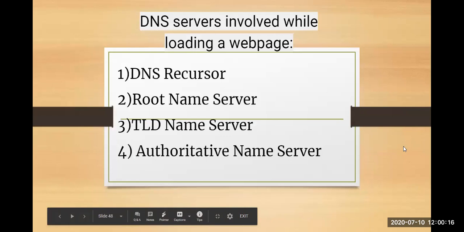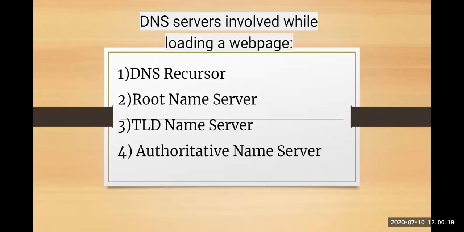When I talk about the domain name system, there are 4 servers which are involved while you are loading your web page. First is your DNS recursor, that is nothing but a server which is designed to receive the queries from the client. Root name server, that is for translating your host names into IP addresses. TLD, that is the top level domain server, where the information is stored at the top level with respect to your country prefixes and the domain name it belongs to. And the last is your authoritative name server, that can be referred to as your data dictionary, where you can refer to each record whenever you want to look up a specific name.